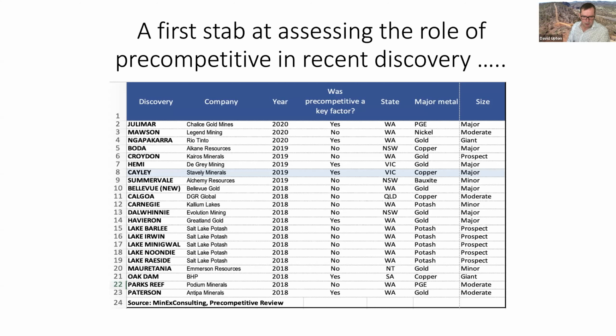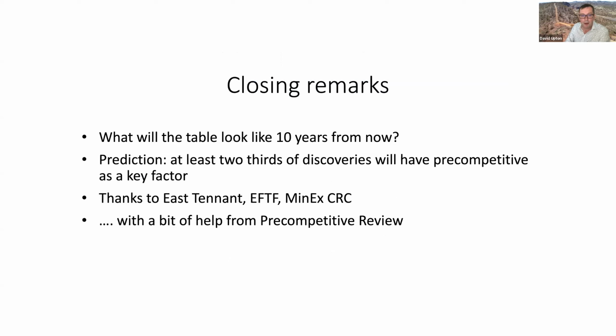Salt Lake Potash has 1, 2, 3, 4, 5 listings from Richard's list. I know GA did a big study on potash potential in that part of the world. I have checked with that company, and they actually said they went in there before that happened. So anyway, this is part of the fine details of coming up with a definitive list, but I think it's a very helpful starting point to see that pre-competitive is playing a major role even now.